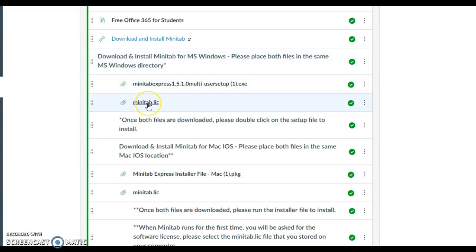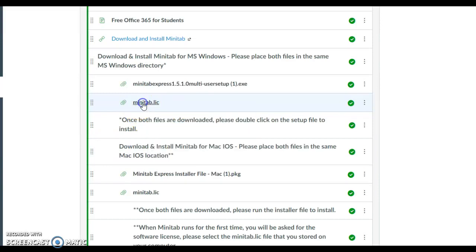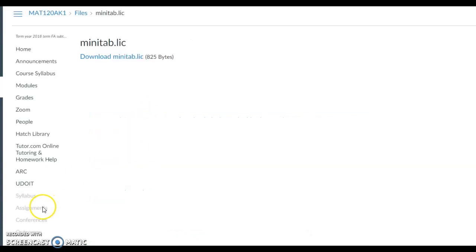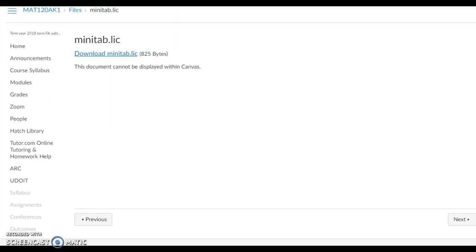One thing that you can do is if you need the license, you can open this one up. When you open it up, it wants you to download it. If you click on that, you'll see it download in that bottom left corner. You can right click on that and show in folder. One of the things that I tend to do is I'll go right into the download folder and copy and